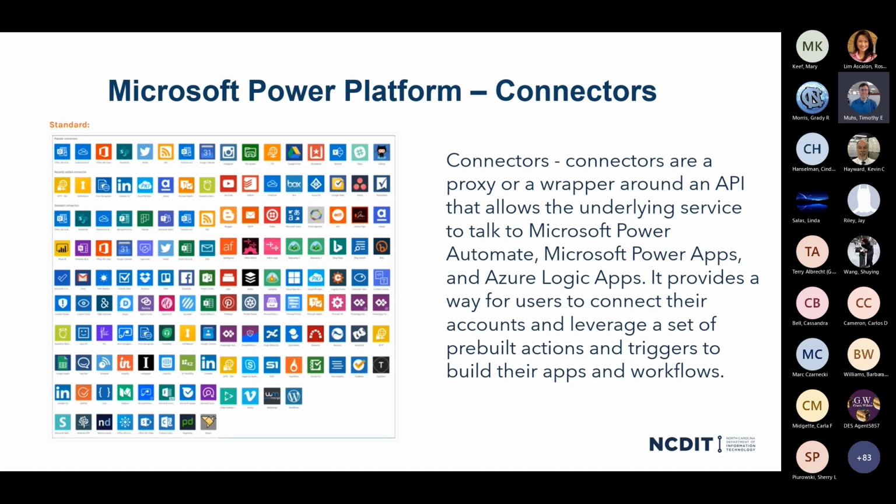So one of the things that we talked about, or I showed you in that first graphic, is connectors. And what connectors are, basically, is an API and a wrapper. So I always say Microsoft finally got smart, right? They stopped trying to recreate everything. There's DocuSign and Adobe Sign. There are two great e-signature applications out there. Why is Microsoft going to try to develop their own? Well, they're not. Instead, why not utilize these connectors, which will allow this workflow engine to interface with those applications,